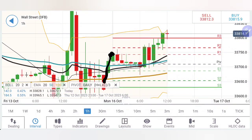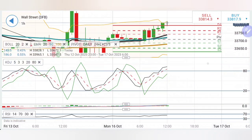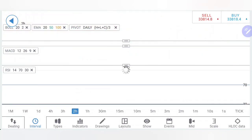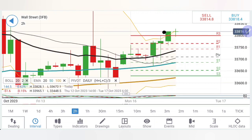Also, if you look at the formation, rise, retracement, rise. So possible retracement towards 33,750, 700 is there, but it is still going to be treated as bullish. Stochastic overbought, MACD divergent and bullish, RSI is flat. Coming to the 2 hour chart, the preceding candle has a flat closing here. So looking at this, possibly this candle can be of increasing body size, where we can look forward for it